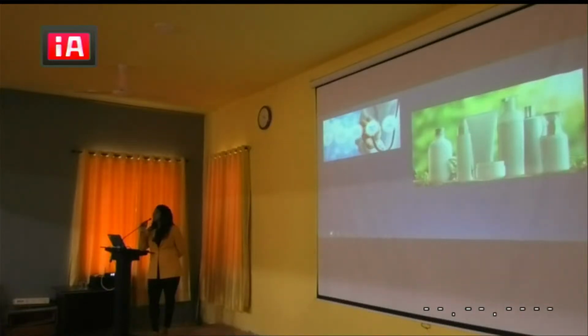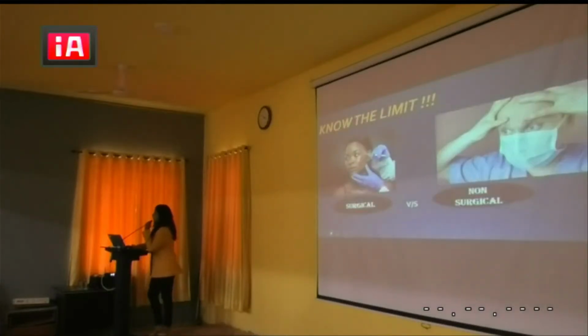If cervical cancer is increasing day by day, you have to make sure that you're vaccinated for the same. If you haven't had one right now, I would suggest you go visit your gynecologist and get those free vaccines. Okay? Then you should know your